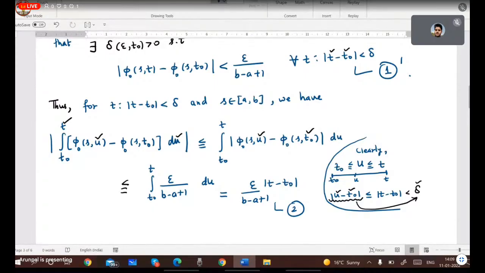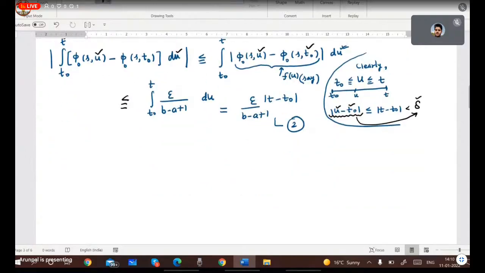Now class, if you notice, you can take this expression as a function of u, because here u is the only variable. S and t naught are fixed. You can see here that only u is changing. So let us say that this is f of u. And now what I am going to do is find a primitive for this f of u.